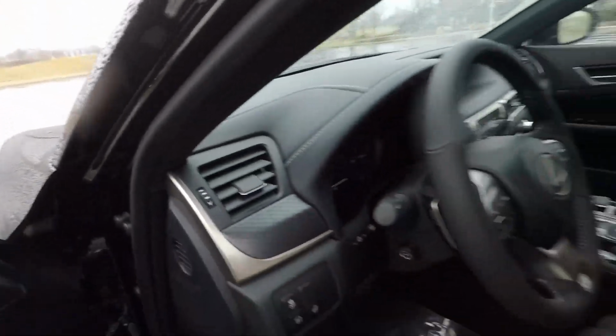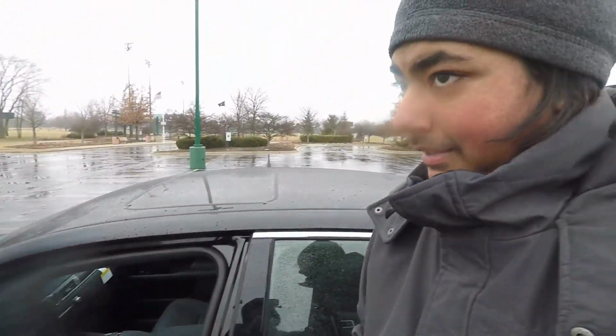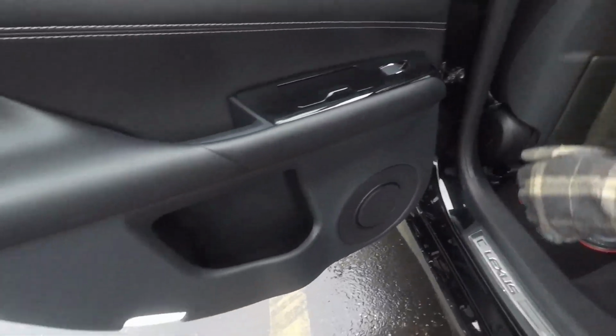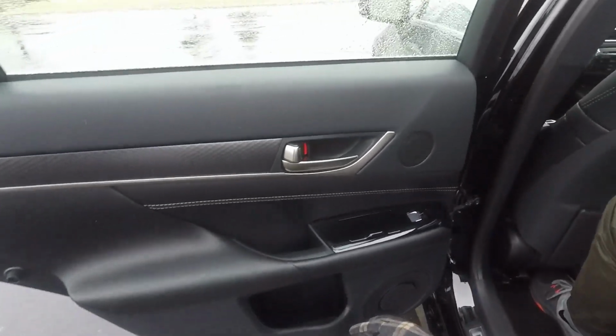Overall, the Lexus GS350 has been, of course, you got your awesome sound system over here, the Mark Levinson sound system. Alright, so since this has, you got the Mark Levinson speakers on the door, soft